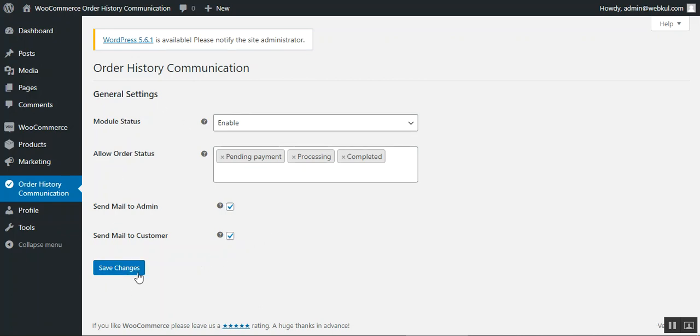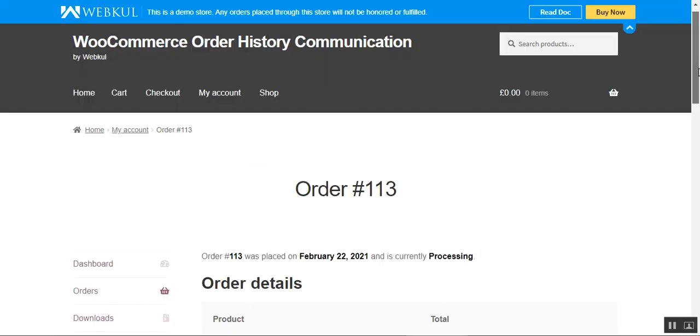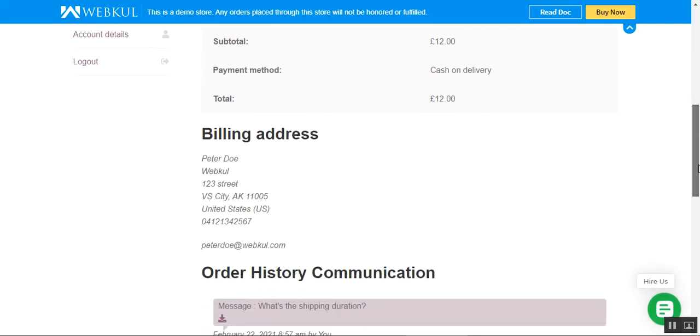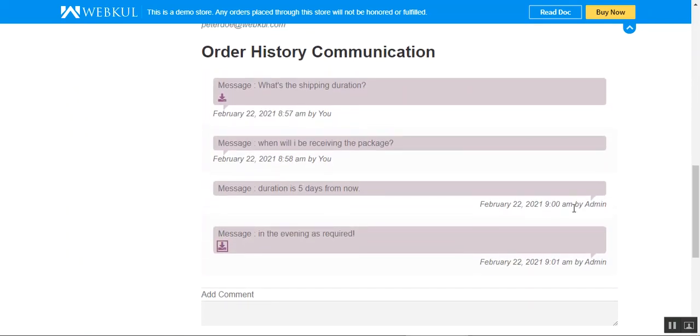Lastly, you'll just have to tap here on the Save Changes button to save the initial configuration settings for the plugin itself, and now you're good to go, and the feature can be very easily used within your WooCommerce platform based web stores. So that was much about the WooCommerce order history, or the order comment communication history plugin, and I hope it helped you out in understanding the same.